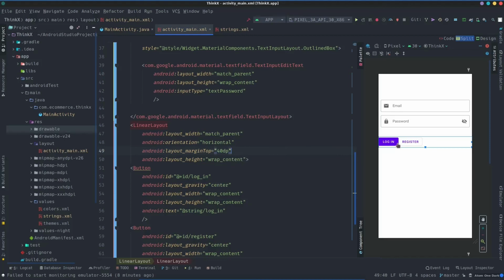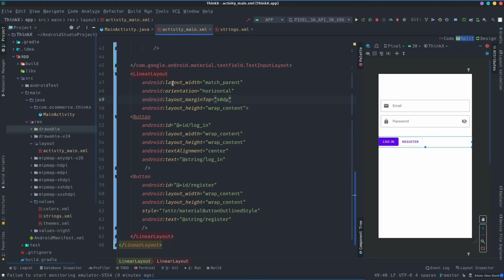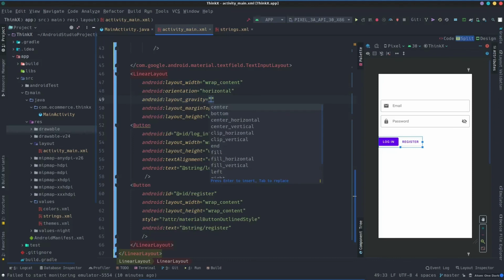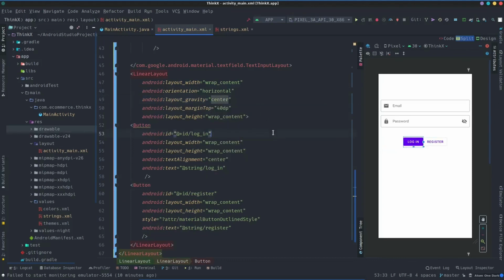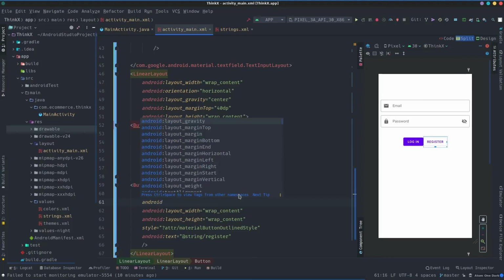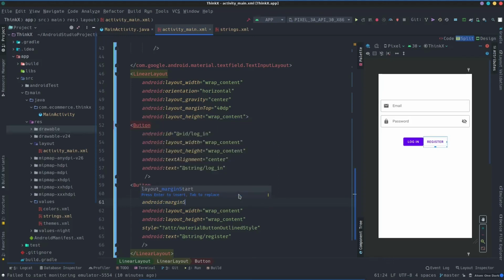And now what I want is, I want these two elements to get aligned at the center, which is, I'm going to make sure that the width of this whole linear layout is not the whole screen but wrap content. And here if I try layout gravity as center, now you can see it is working. One more thing that I want to do is, I want some spacing between login and register. So to the register button I can actually write a margin start field, right? And I will add 10 dp of space between them, or let's say 20 or 30 dp.